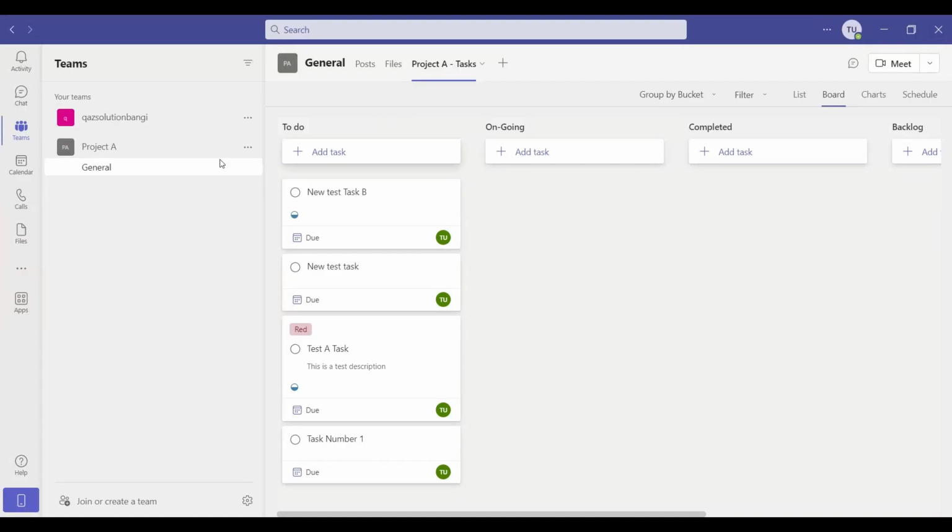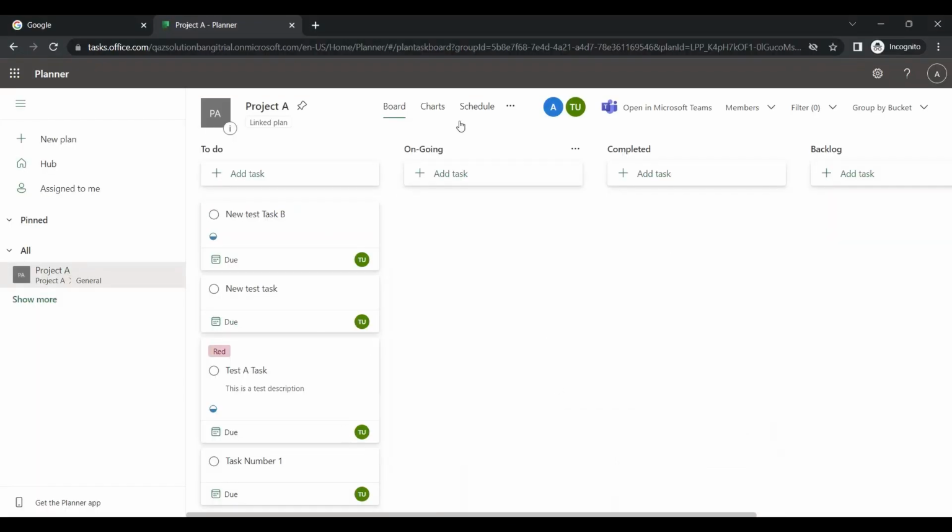So this is what you can do from Microsoft Teams, and I would say quite everything can be done from Teams, since we have been using Teams already for chat and calendar and all that, so might as well track the task from Teams. The only thing is the interface. Some would love to work on the task in Microsoft Teams, and some would like to work on the task